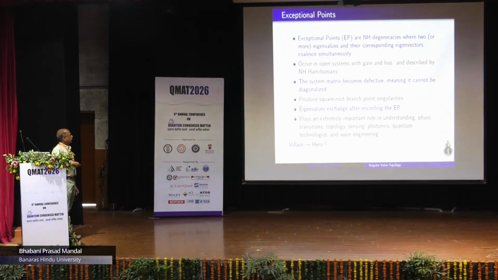Exceptional point: non-Hermitian degeneracies where two or more eigenvalues and their corresponding eigenvectors coalesce simultaneously, occurs in open systems with gain and loss, described by a non-Hermitian Hamiltonian. Basically the system matrix becomes defective, cannot be diagonalized because of the presence of these exceptional points, and it has many